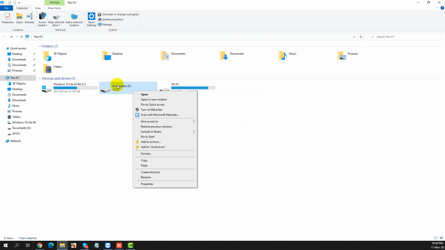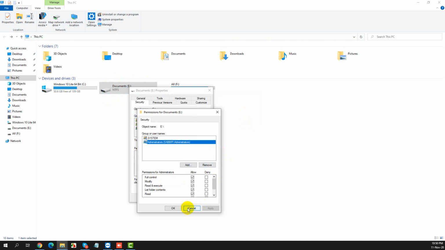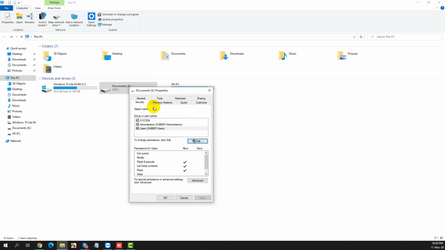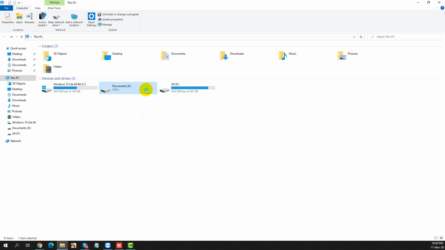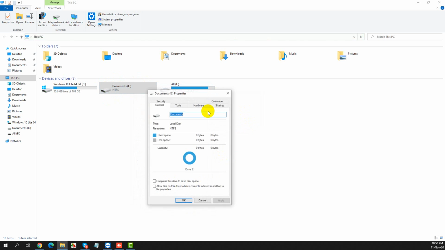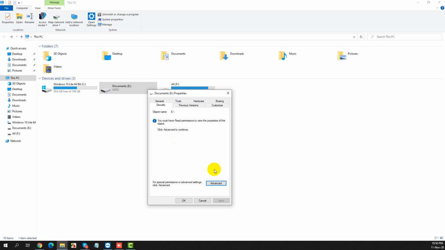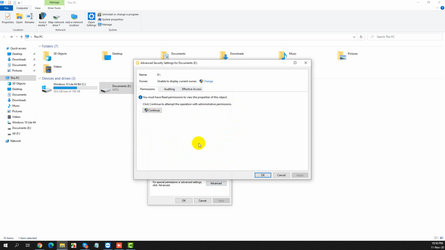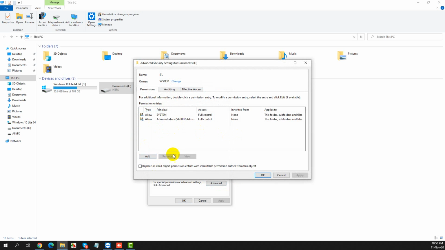First, click on your volume drive and go to properties and click on security. Click on security and you will see it like this, and then you go to advanced and you click on continue and add